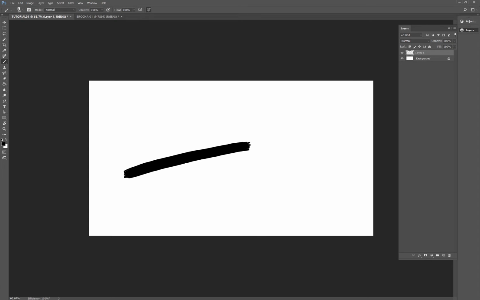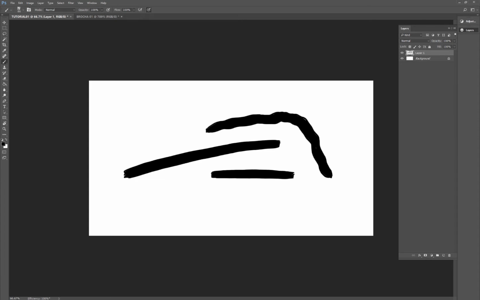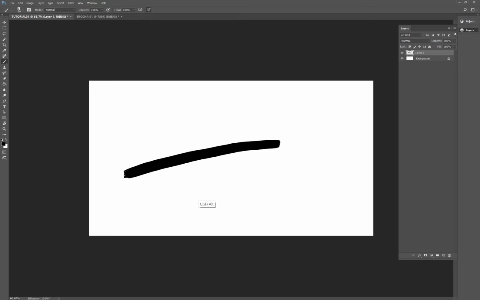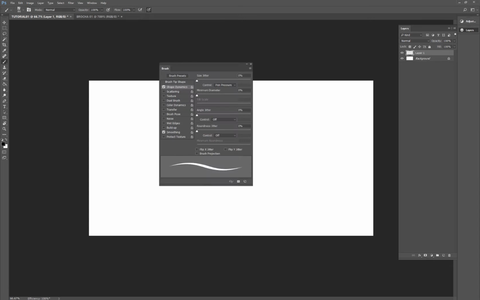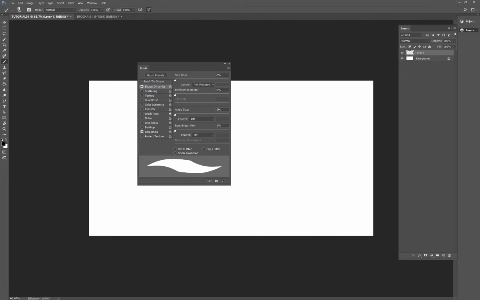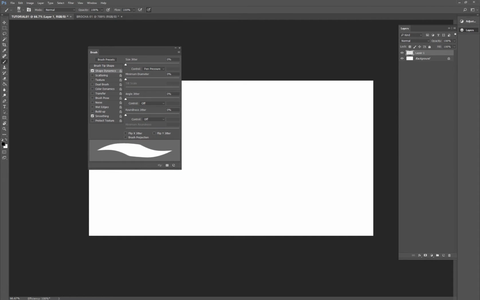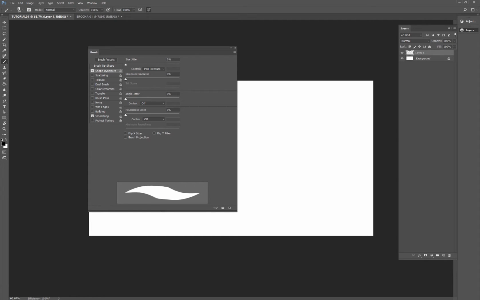As you can see, it's a very simple brush and still not quite what we are looking for. So what we are going to do is press F5 and select an option that will help us to shape the brush into exactly what we want. So in this window we're going to expand the brush and we can test it out in our workspace.